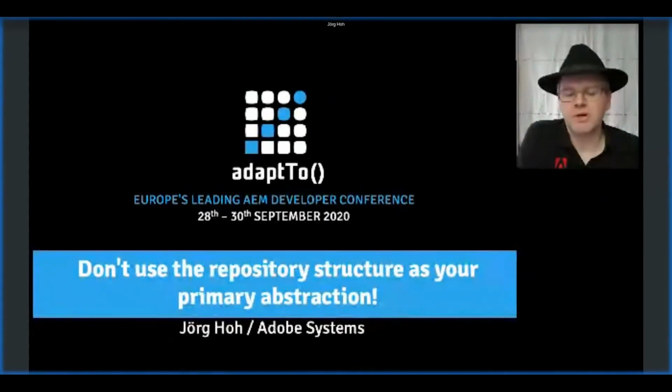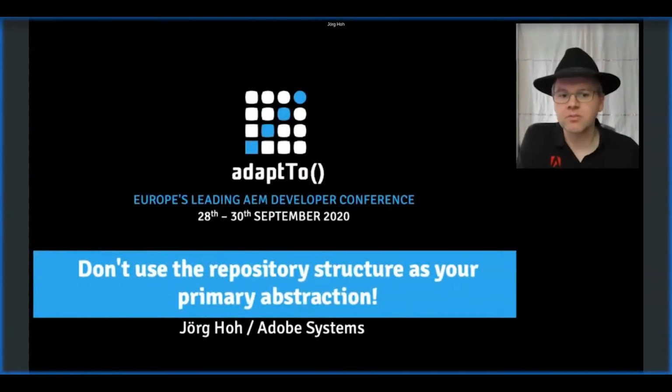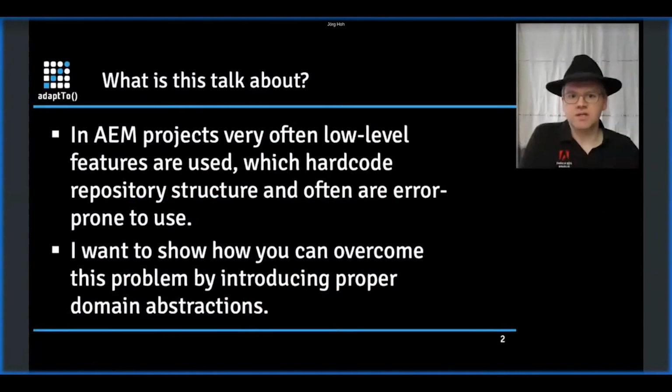So welcome everybody. Welcome to my session at this year's adaptTo with the title, Don't Use the Repository Structure as Your Primary Abstraction. I want to tell you a little bit about my project experience over the last years where